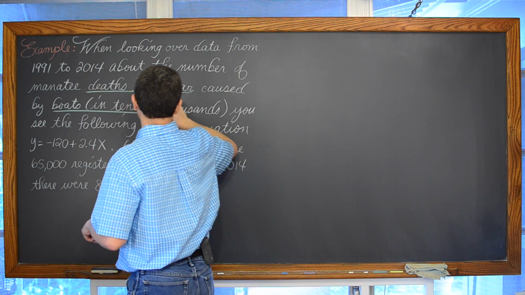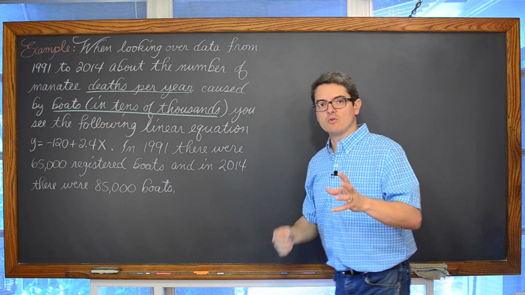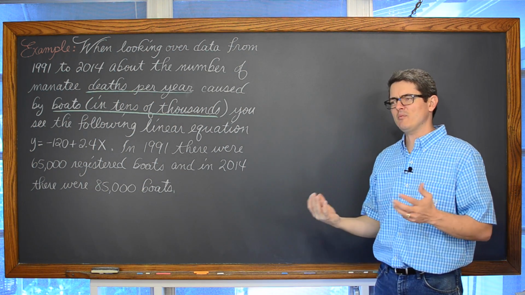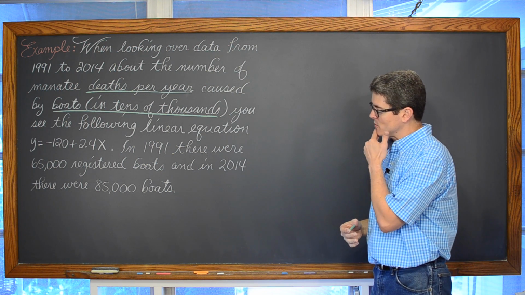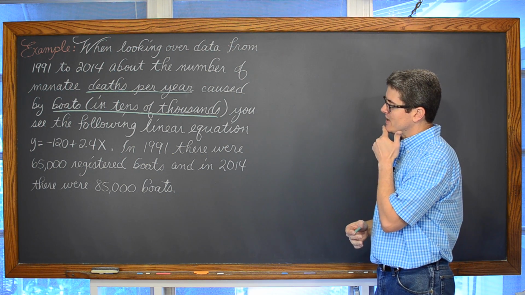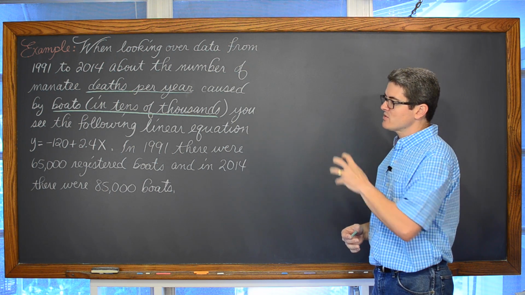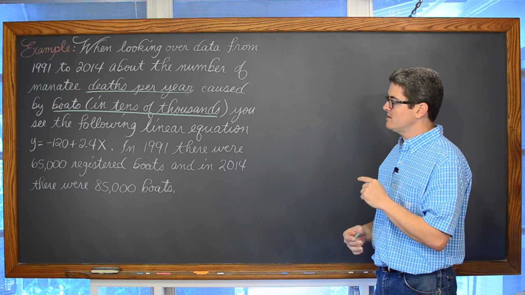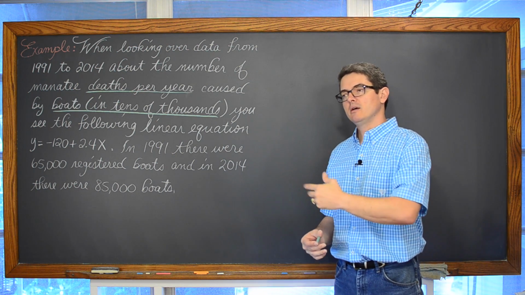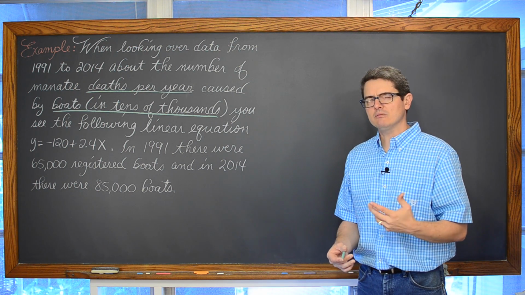So here's what we're comparing, and we will graph this as well. I wonder if I should graph it before we try to interpret the slope and y-intercept, but I think we're going to do the interpretation first. Those are our two variables. Which one of those is independent and dependent? Which is helping to explain a change in the other?